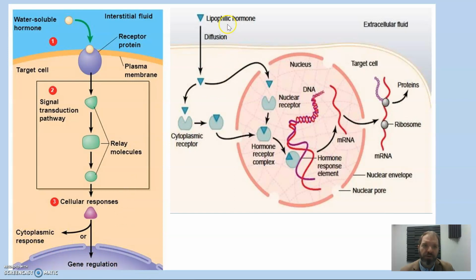The lipophilic hormones are ones basically derived from cholesterol, and these include estrogen and androgen and other steroid hormones. They will diffuse through the membrane and they have their receptor inside the cytoplasm instead. But yet again, this will go into the nucleus and change gene expression, even producing new proteins. And so hormones regulate the function of cells by signaling to them.